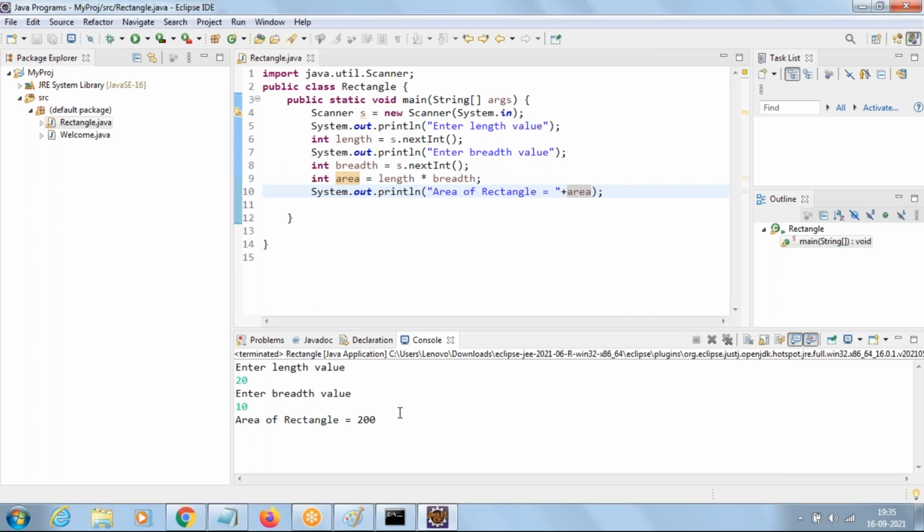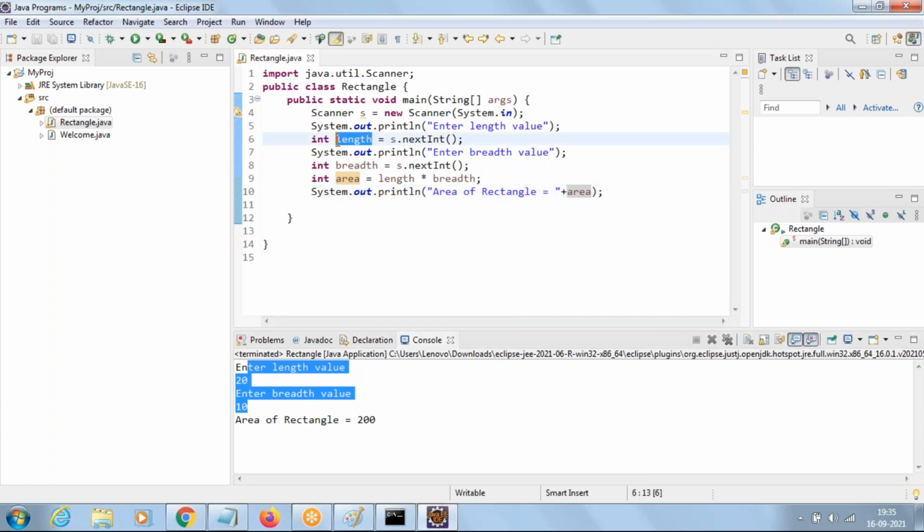Now see, our code is user friendly. So always remember, when you are accepting a value into the variable from user end, there should be some message to the user about what value the user has to enter. Then only the program will become user friendly. Clear everyone about scanner class now? Yes. Right? Anyone having any questions up to here?